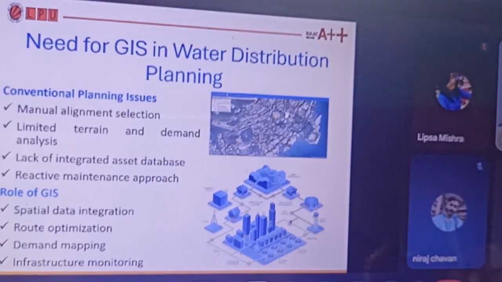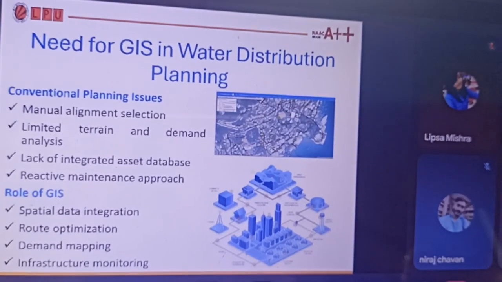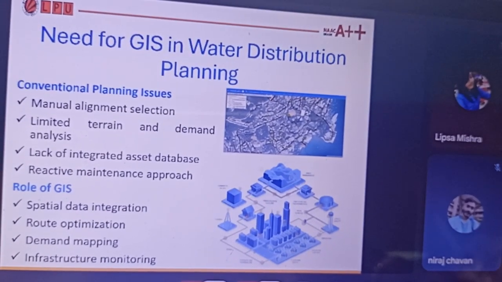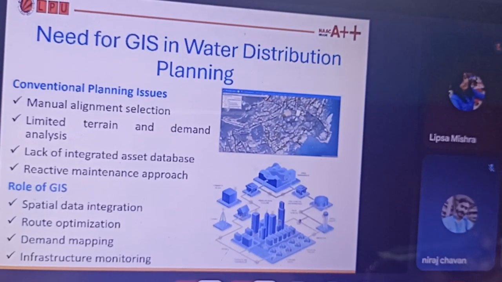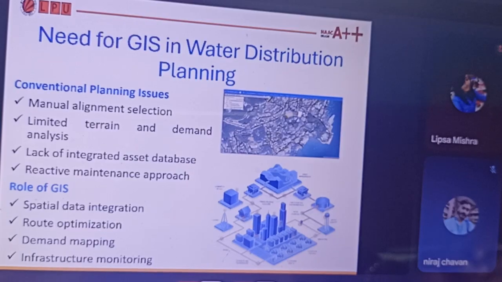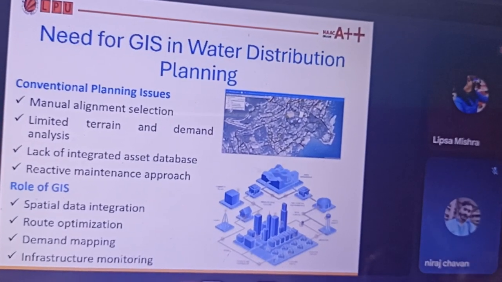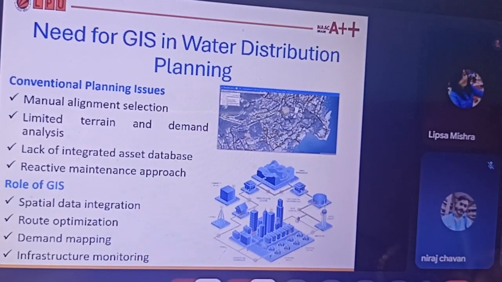So, the role of GIS will be to integrate the spatial data. Spatial data means space data, places data. I'll go a little bit into the definition because I have seen various students here. Spatial data means data that varies from place to place. And that is the main role of GIS: to find the elevations,